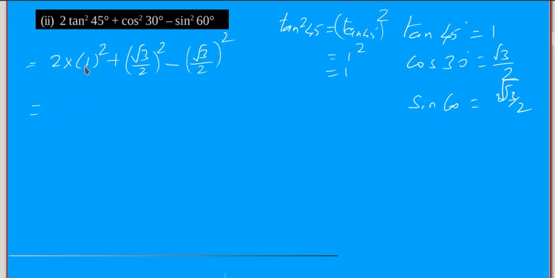Okay. So what will happen? 1 square becomes 1 only. That is 2 we will get here. Plus, if we take square on both the numerator and denominator, because it is whole square, root 3 square becomes 3 divided by 2 square becomes 4. Minus here also 3 divided by 4. These two are same, no? But in between minus sign is there. So both will get cancelled. Right. So we'll get 2 only. That's it. Okay. Now let me move to next problem.